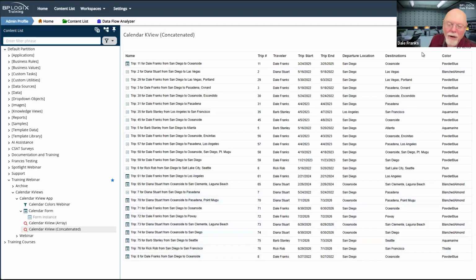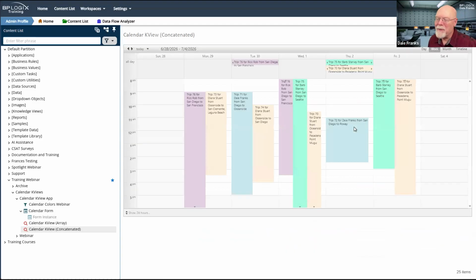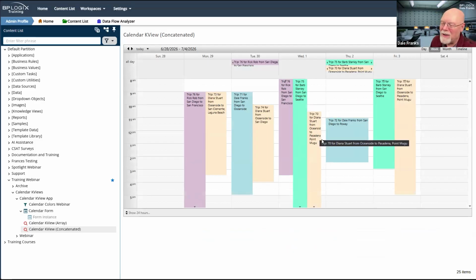So now if we go and look at our calendar, there we go. Trip 70 for Diana Stewart from Oceanside to Pasadena and Point Mugu. It is obviously small there. You can see it better here. Trip 70 for Diana Stewart from Oceanside to Pasadena, comma, Point Mugu. So now I know where people are going.